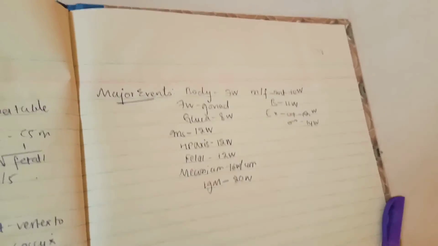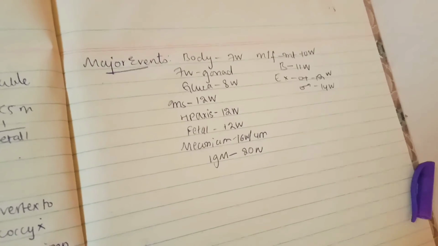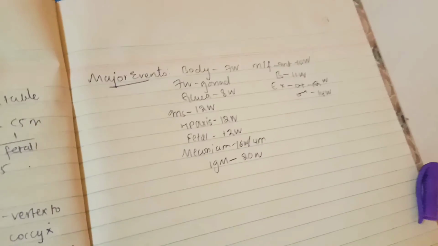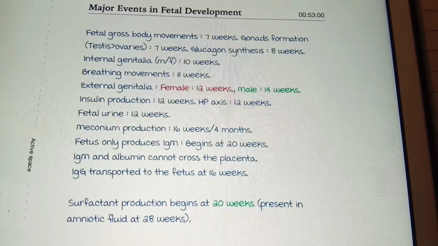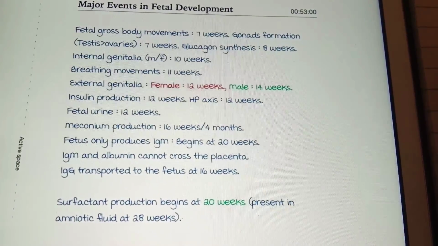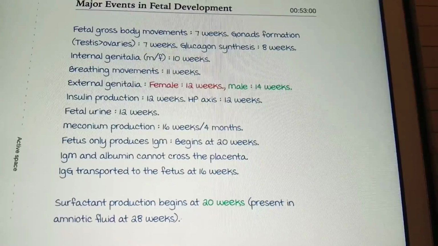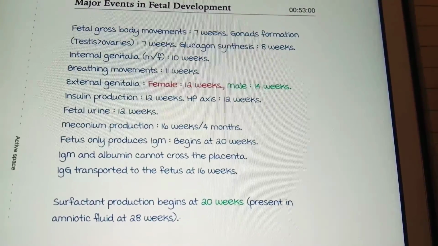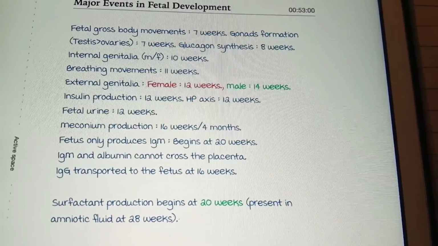So let me show this flowchart to you, because there are many events. You can pause this video at this flowchart and learn them one by one. You can check this out and learn from it, because there are very many events. Pause the video. We'll start with the next topic in the next video.